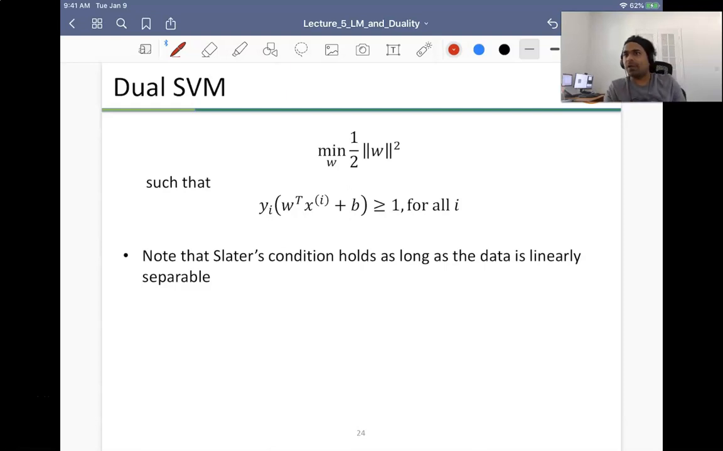Hi everyone. Welcome back. We are continuing with the fifth lecture, lecture 5, and this is part 2. In this part, we will go over the dual formulation for support vector machines. In the last part of this lecture, we actually saw what Lagrange multipliers are, and